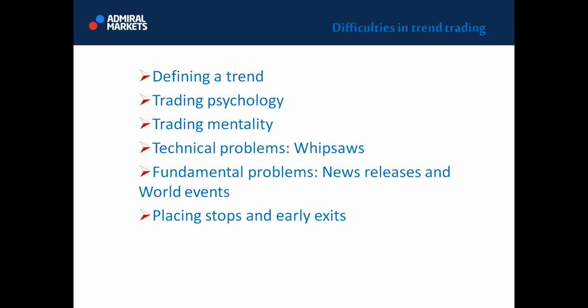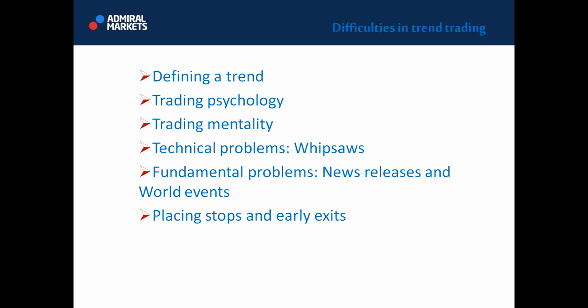Also, what can happen is that you don't know where to place your stop loss. We had a webinar about stop loss yesterday. So you don't know where to place stops, and probably early exits. You just don't know when to close the trade, when to take the profit. It depends on your time frame. If you're trading on higher time frames, then you need to take into account that price can move 100 to 300 pips. If you trade lower time frames, let's say 5-minute, 15-minute entries on 1 hour, 4 hours, then it's okay to have a 30-35 pips win.